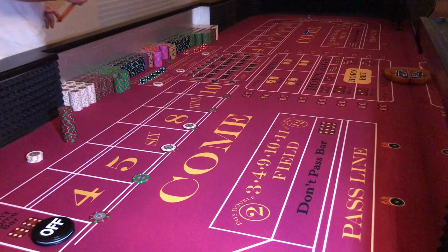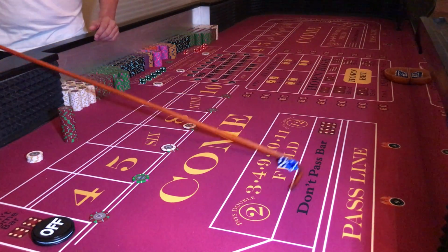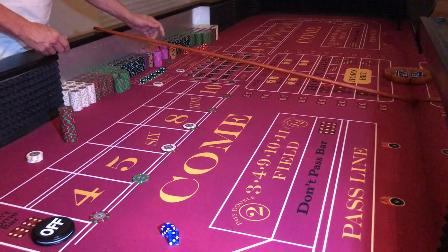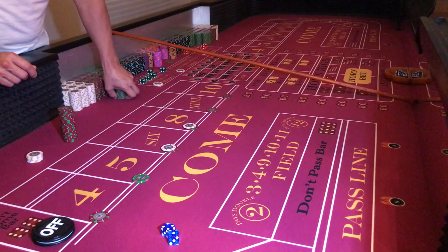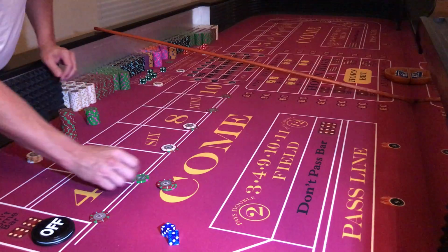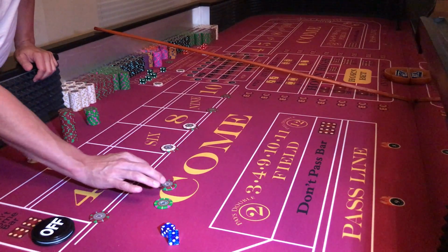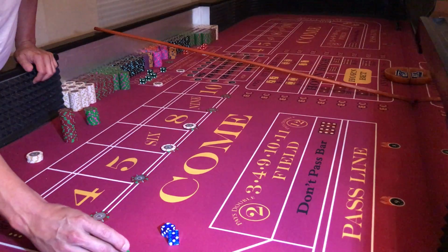Ooh, goodness gracious. I love that. That was a nice hit. That was a nice hit right there, y'all. 4-1-5, we're going to mark that 5. I didn't add that up there. Okay. There's my bet. We're going to regress down to the table minimum. And we're going to put our odds